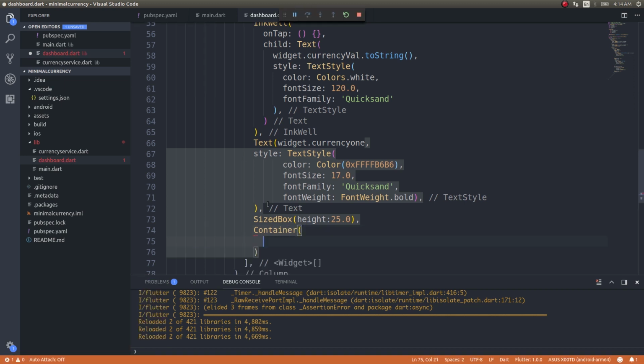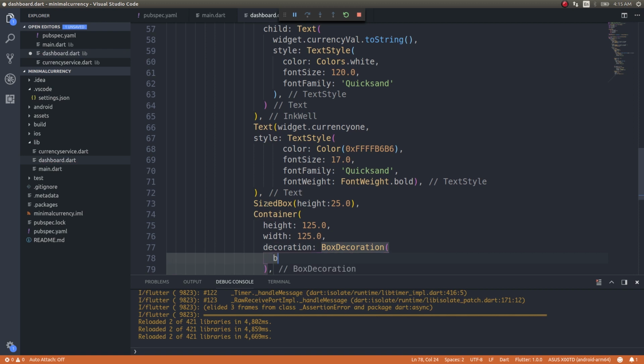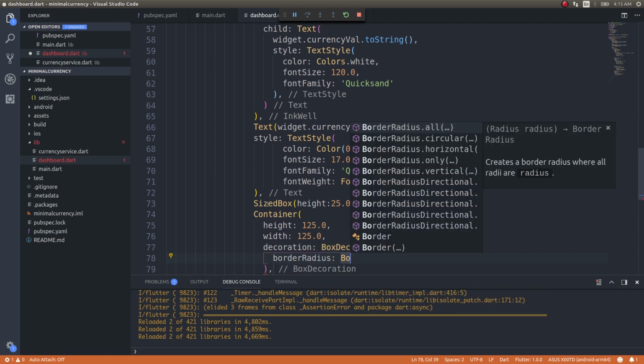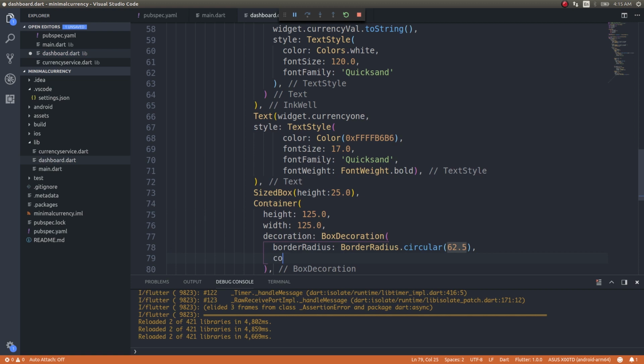The container will be of height 125.0 and width 125.0 and decoration, BoxDecoration, and inside this I'll have border radius, obviously, BorderRadius.circular 62.5, Colors.white,